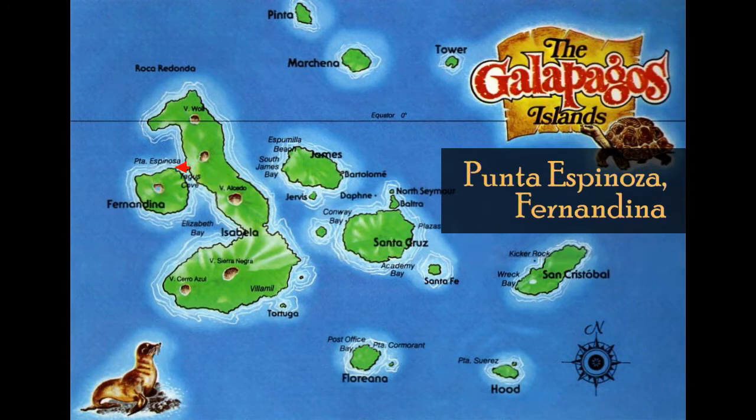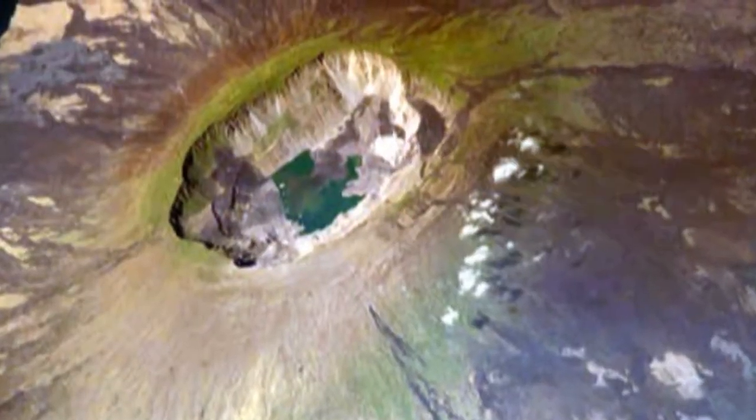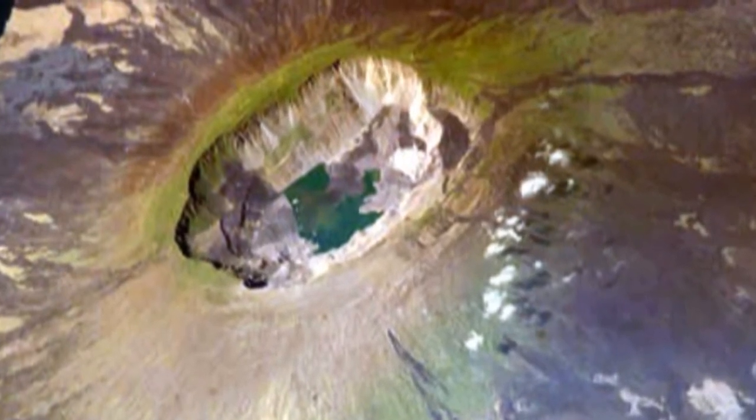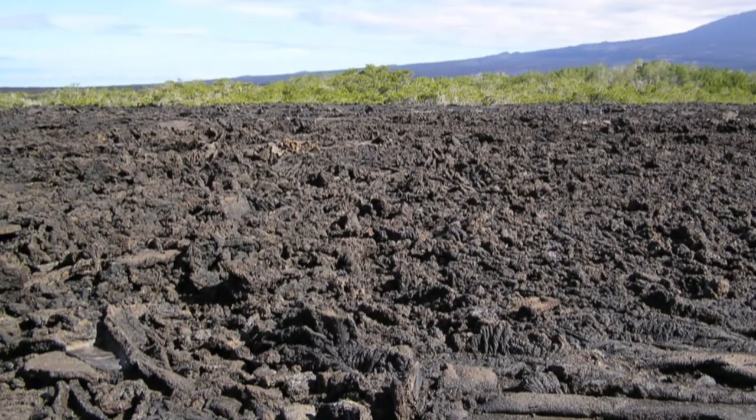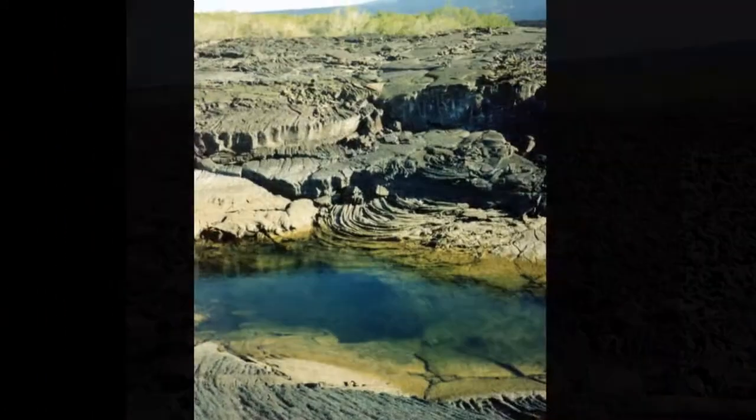In the afternoon, the Galapagos Explorer would navigate the short distance to Punta Espinosa on Fernandina Island. Fernandina is the youngest of the Galapagos Islands and, along with Isabela, constitutes one of the most active volcanic regions in the world. Here you can see huge flows of sharp and broken A'a lava, as well as the ropey